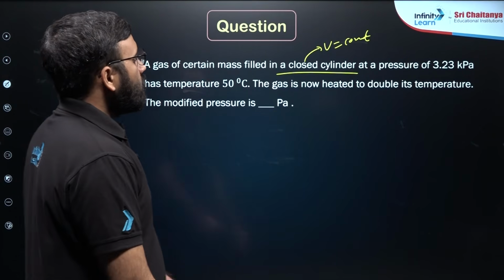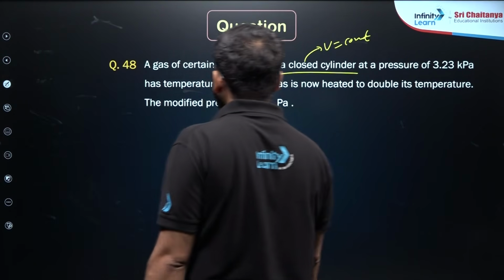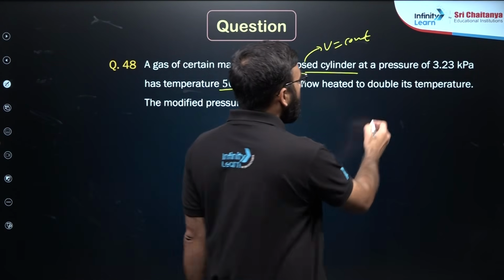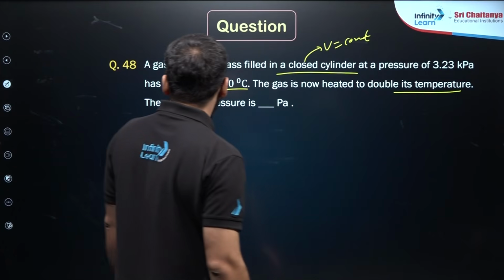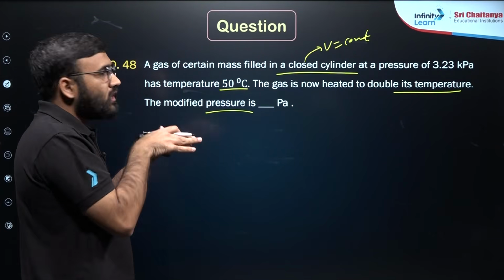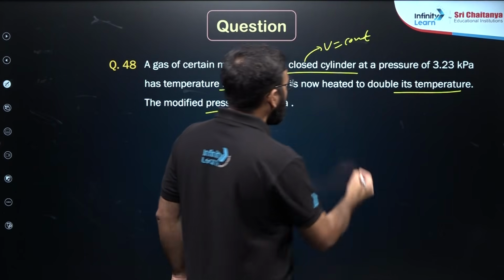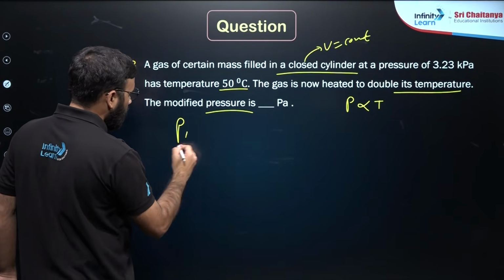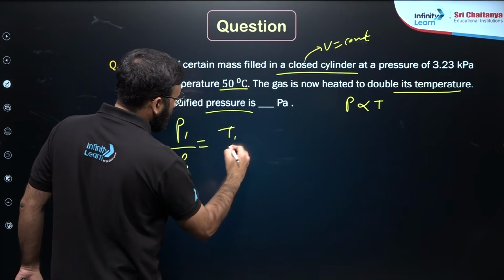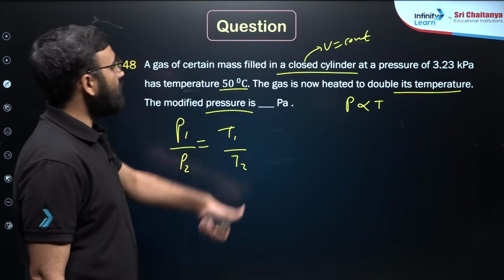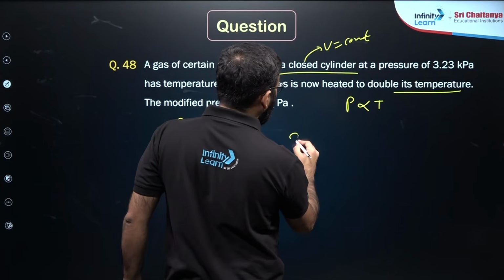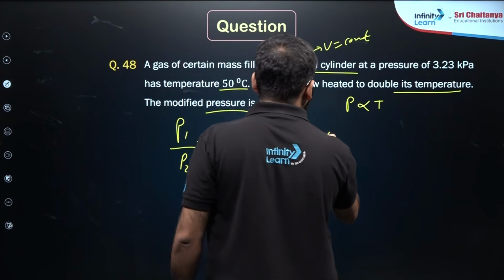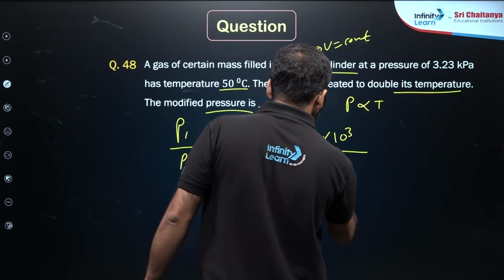At a pressure of 3.23 kilopascal, the temperature is 50 degrees Celsius. The gas is now heated to double its temperature. The modified pressure is, because it is a closed container, so my volume is not changed, so my P is proportional to T. Okay, so you can take the ratio P1 by P2 equals T1 by T2. Initially the pressure is 3.23 kilopascal. Final answer in pascal, into 10 to the power 3, divided by P2 equals to